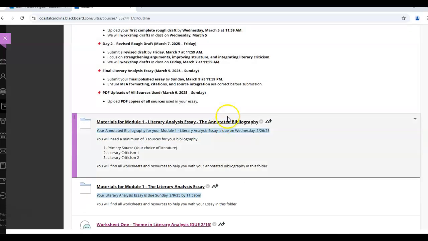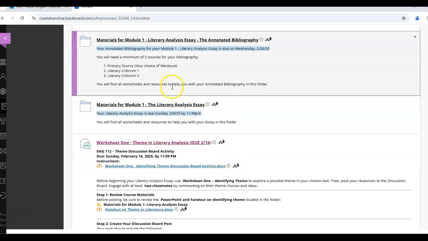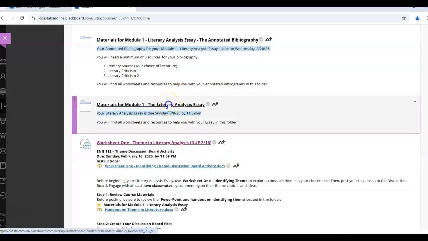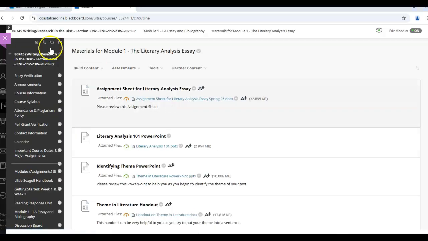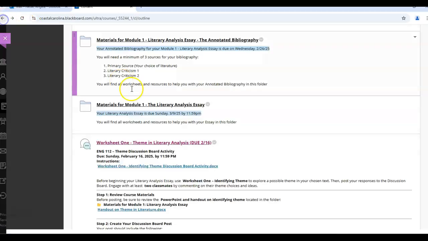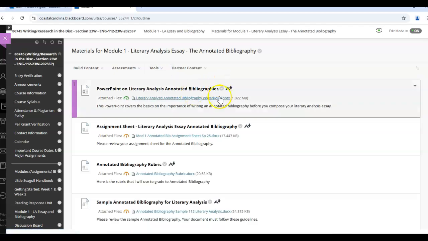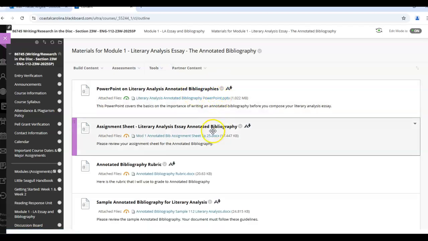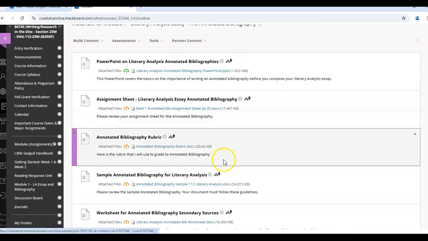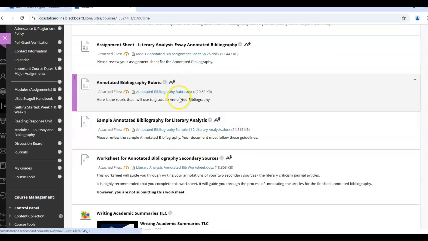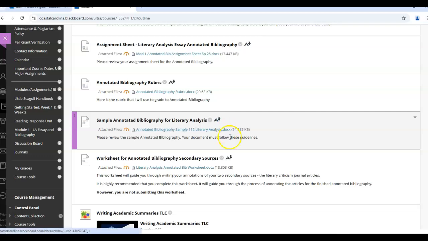All right, so all the materials you need for the literary analysis essay are here. And all the materials you need for your annotated bibliography are here. Here's PowerPoints, here's the assignment sheet, there's the rubric, here's a sample, and here's that worksheet.